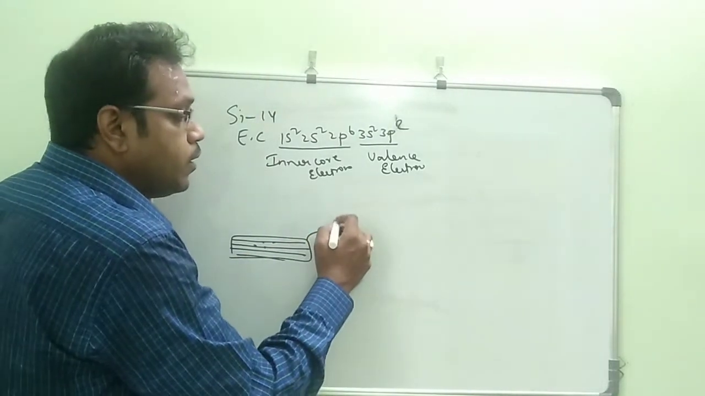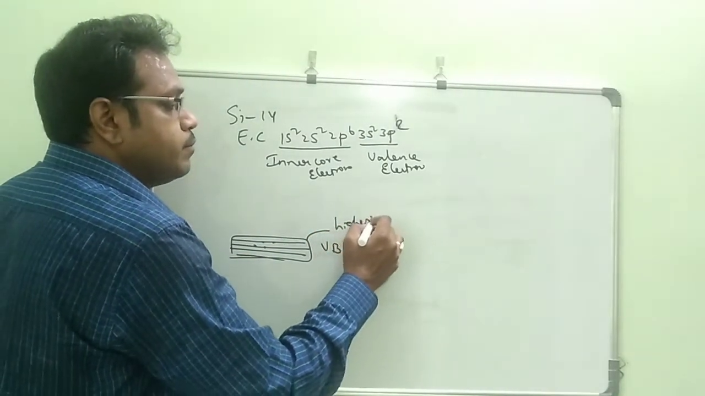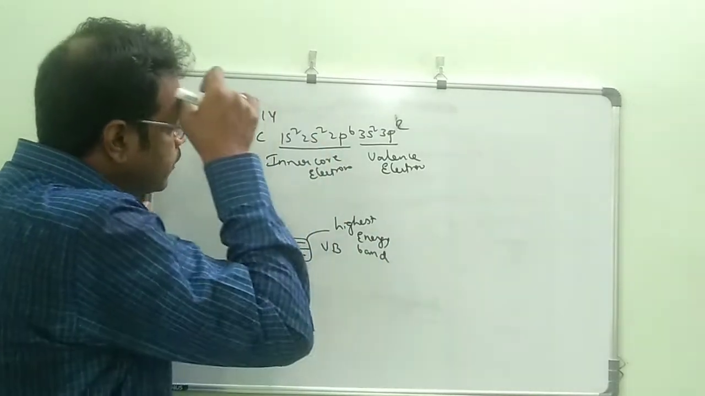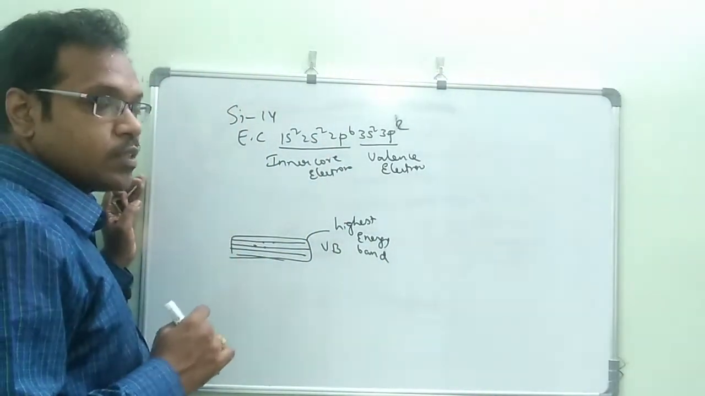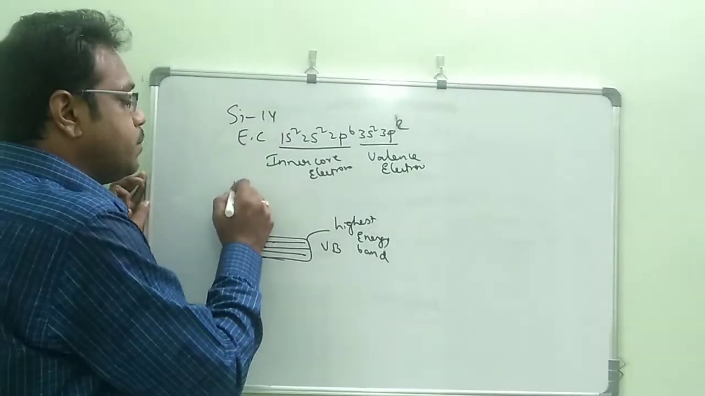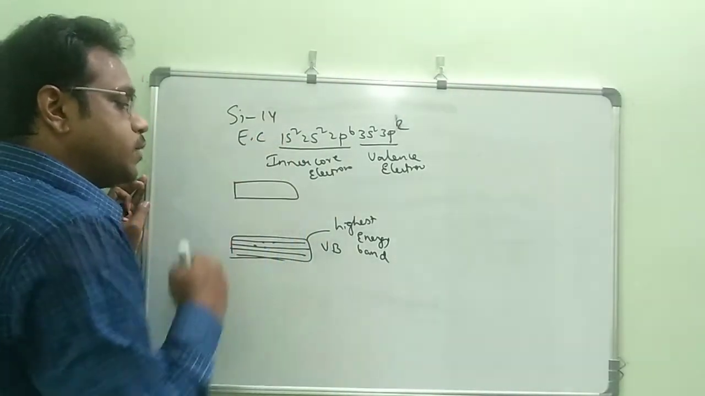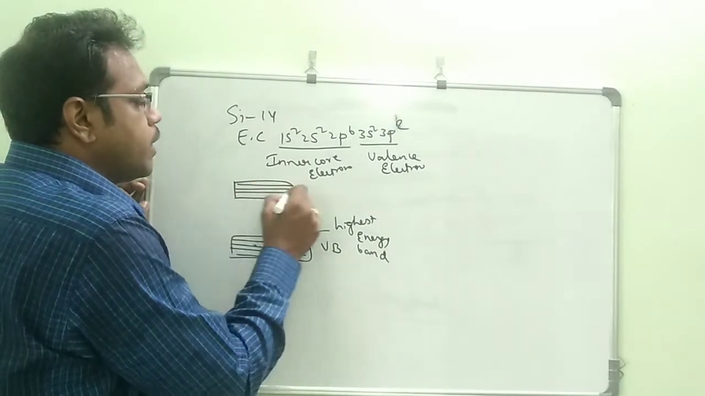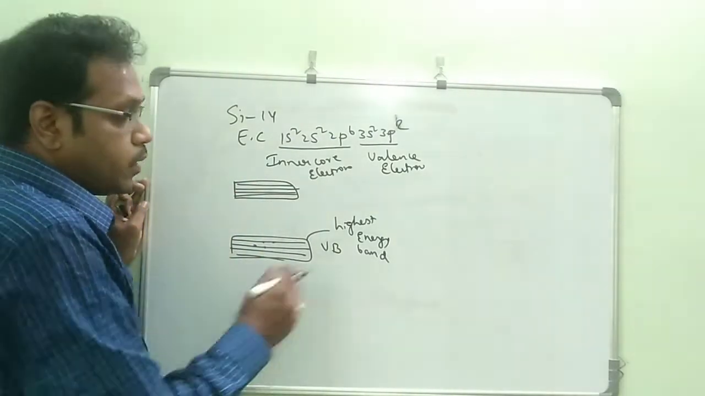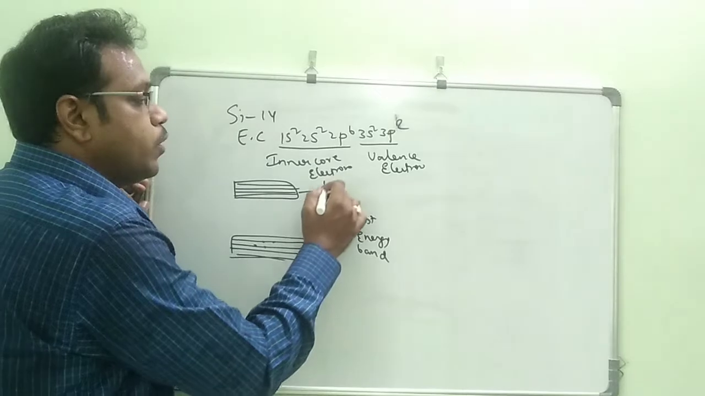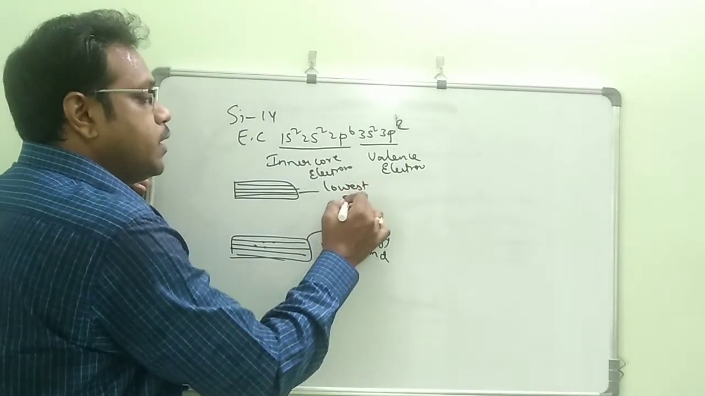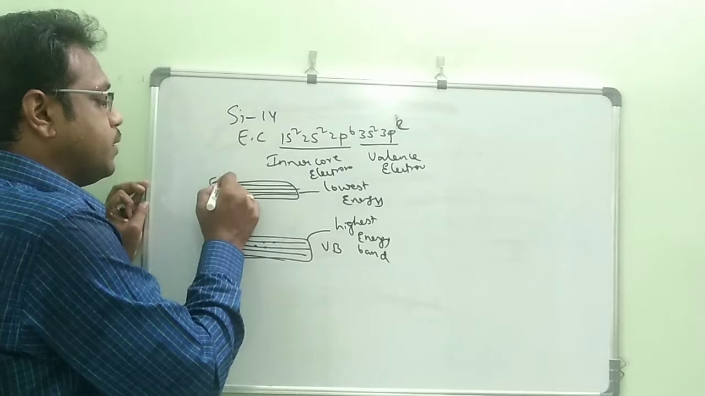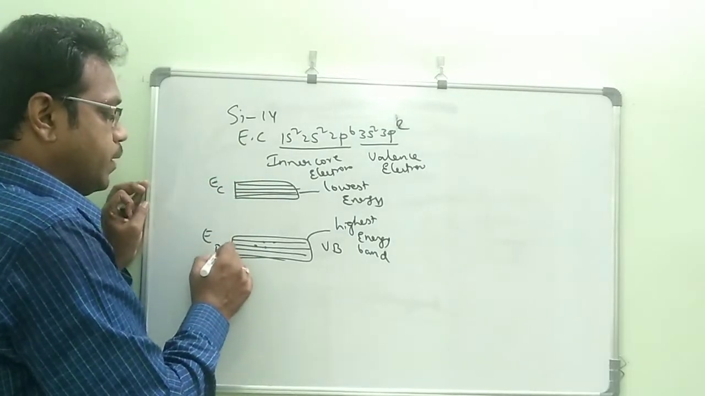And moreover, the valence band is the highest energy band. And one more band is there, that is called the conduction band. That conduction band is above this valence band, and this is the electron. These also contain some energy levels, but compared to the valence band, this is the lowest energy band. So this one I am taking as EC, and this one I am taking as